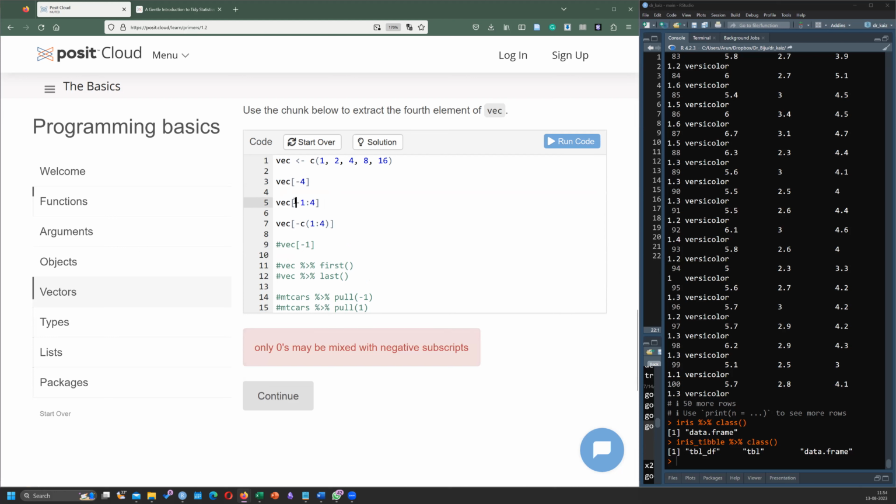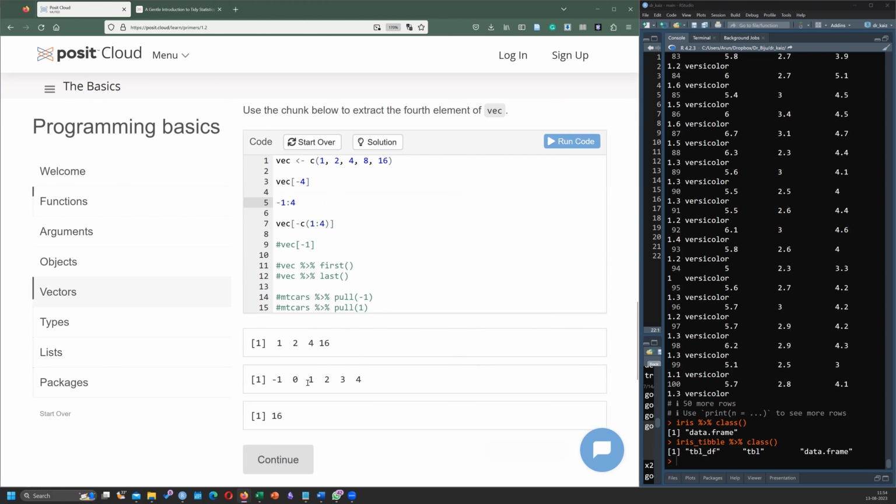Because if you just run this one, the answer is -1, 0, 1, 2, 3, 4, isn't it? There is nothing like a 0 vector element. You're asking it to give me the 0th element of a vector, but there is nothing called a 0th element, right? That is why, if you look at the error, what we got,